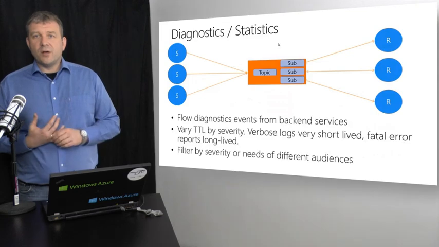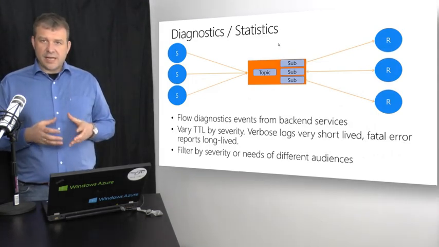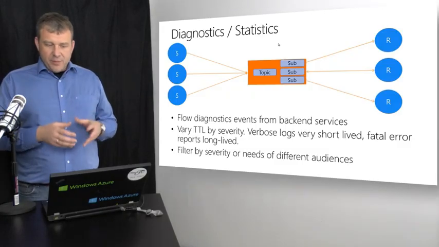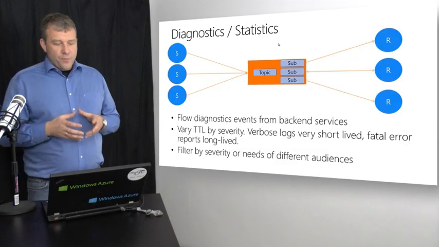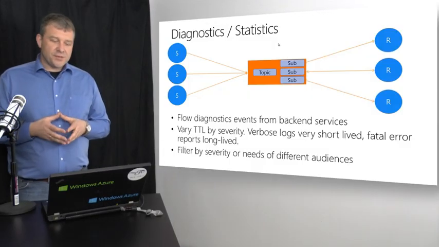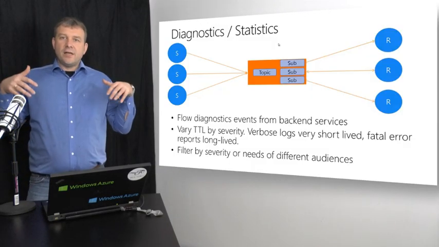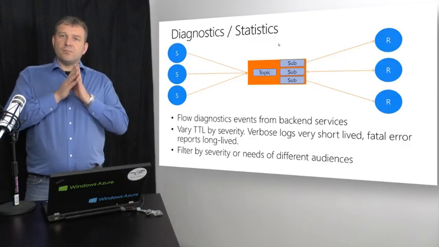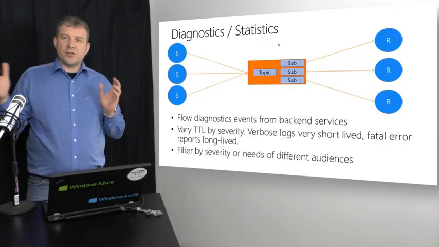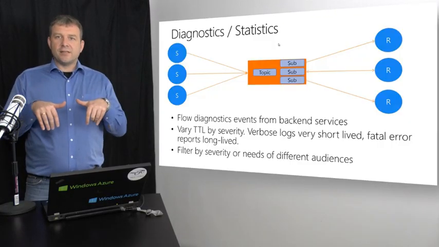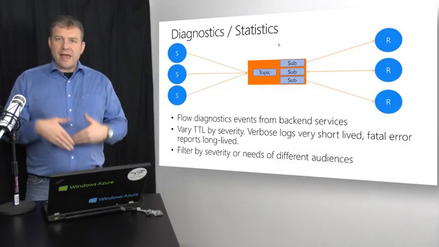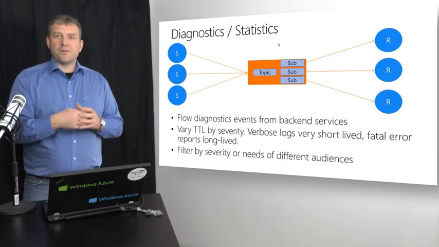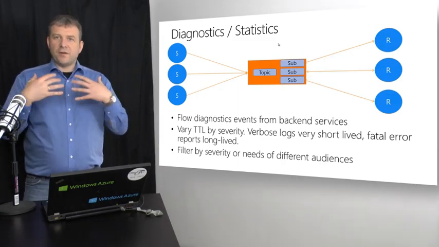Another common way of using these kinds of mechanics is to use Service Bus topics and also queues for the purposes of diagnostics and statistics inside of a system. You have statistics, diagnostics logs, information from a backplane of your services that you build, with very many nodes, and you want to get diagnostics information off. You can fan this into a queue or fan this into a topic for a subset of your services,